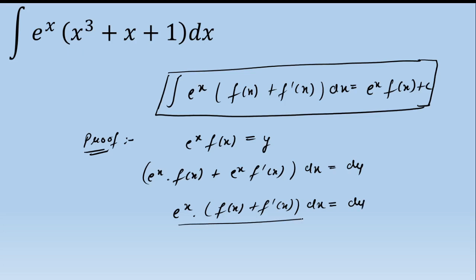Now as you can see, this value is equal to this much. Now I'll convert everything into y. So this much is equal to dy. Integration of dy is y plus c. Now I'll back substitute the value of y in terms of x, and here c is a constant of integration. So the value of y is e raised to power of x multiplied by f of x plus c. As you can see, the final answer is e raised to power of x multiplied by that function itself. Now we'll try to solve this problem within 10 seconds using this formula. So remember this formula.